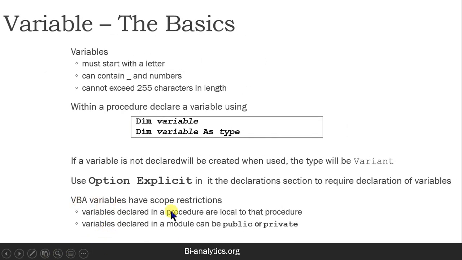Now, VBA variables have scope restrictions. When we create a special memory, it may be that until your program or macro runs, it may store a value and after that it may not store. So this is called local to that procedure. We'll talk about scope in later tutorials, but yes, variables have a scope, whether it is accessible only in that macro or in other macros also. So not going into that, let's move ahead.